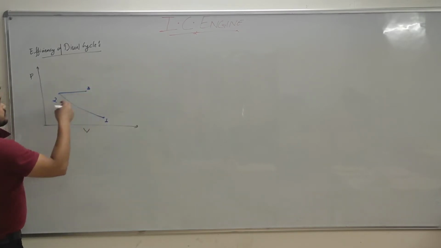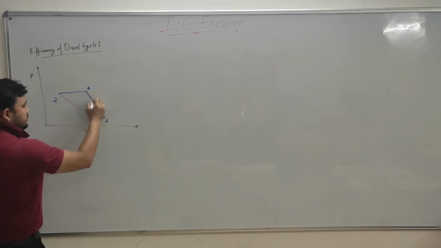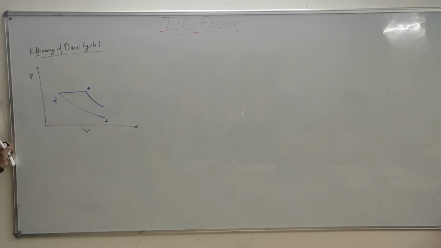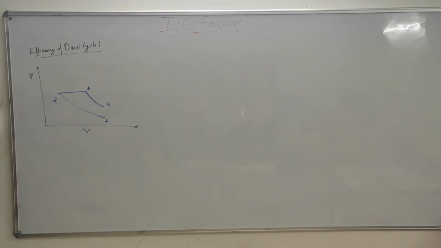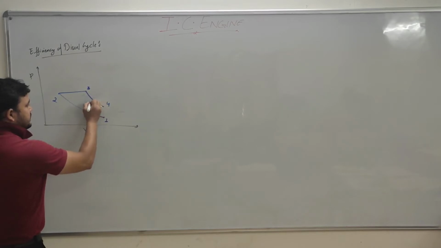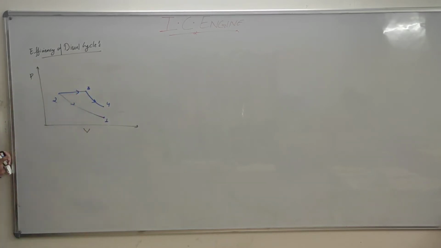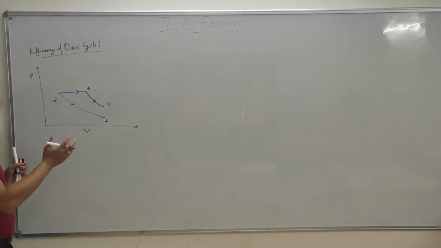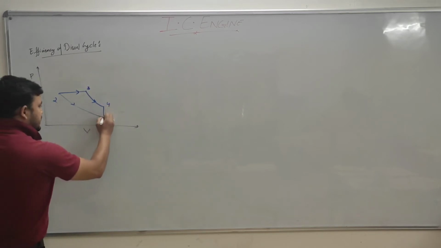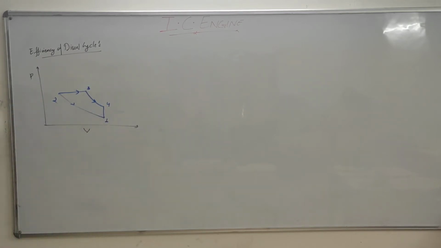The piston moves from top dead center to bottom dead center to give us the power stroke, the adiabatic expansion, from where we will get the work output, up to point 4. Point 4 is the bottom dead center again. Now the heat rejection will take place at constant volume. Then the piston moves from bottom dead center to top dead center to remove all the gases from the cylinder, which come out of the engine as exhaust gases.